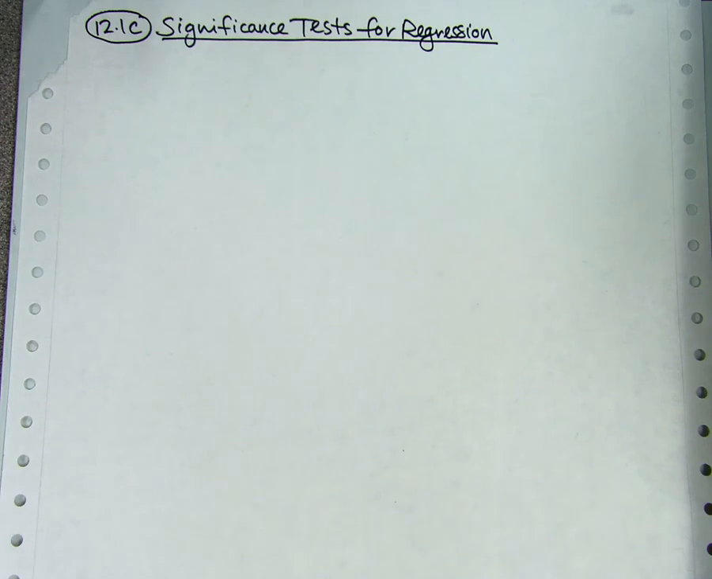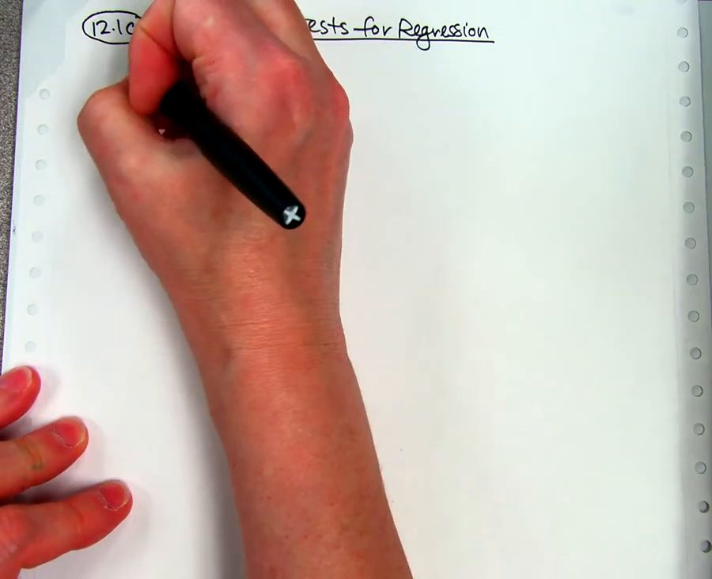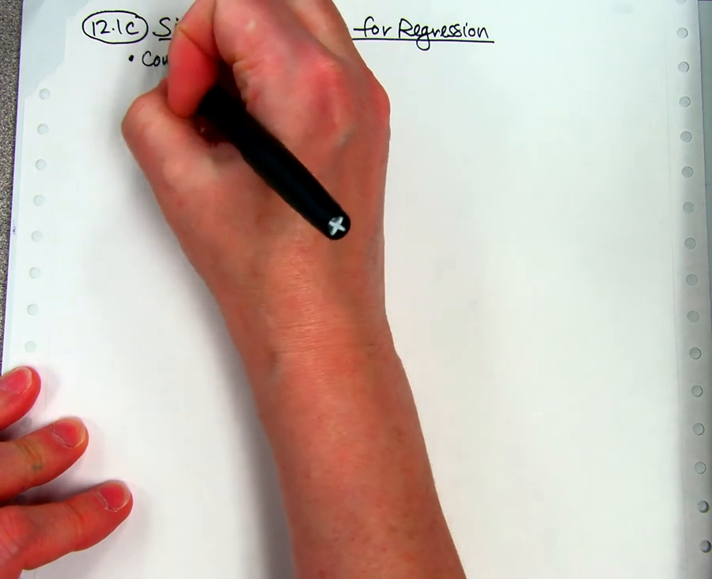Hello Stats class, here is lesson 12.1c, which is officially the last new content lesson before the AP test. So we review, we take a quiz, we review some more, we take an AP test. Crazy! So anyway, where we're at in this chapter is we have done confidence intervals